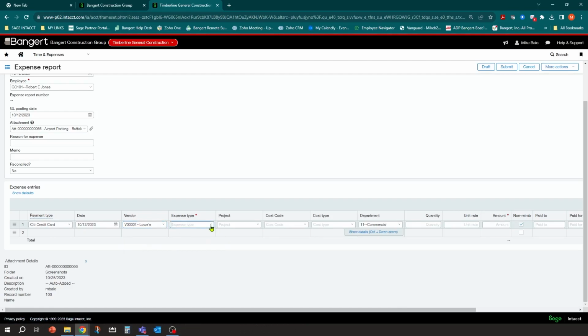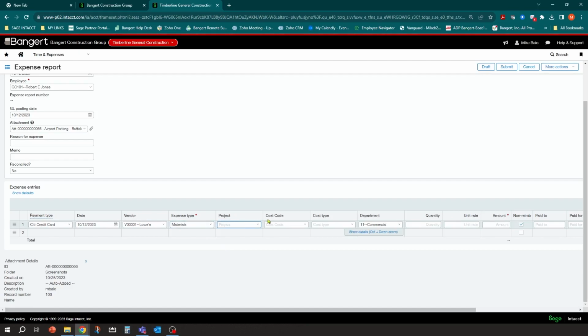And then it's going to say what type of expense is it. So there's that pre-built list of my different expense types that you're going to want to have set up ahead of time. And like I said, you can list it as the GL number itself so that you can have a direct relationship here. I'm just going to put materials because I'm going to say they had to go buy some materials for a particular project they were going to.